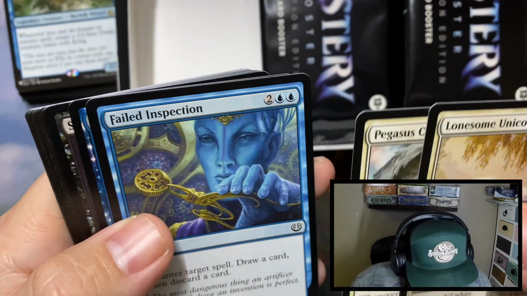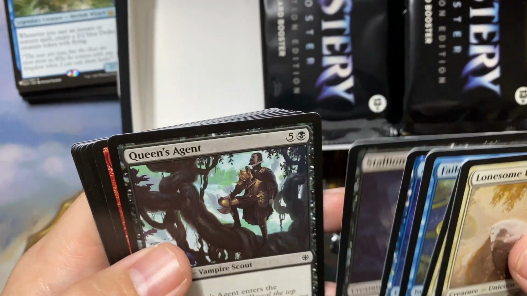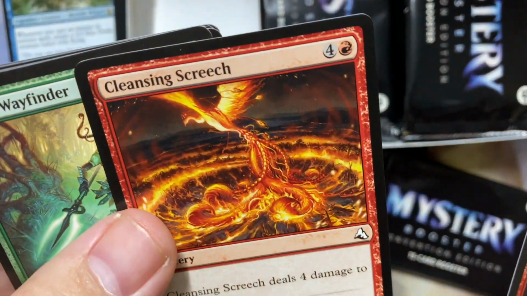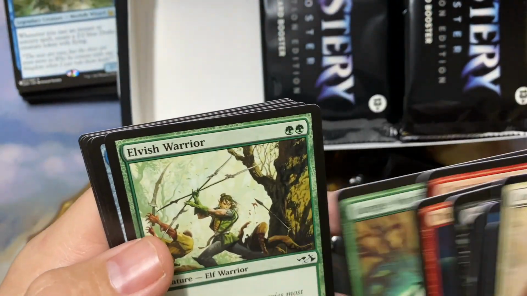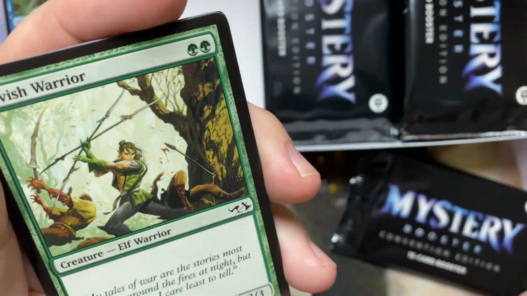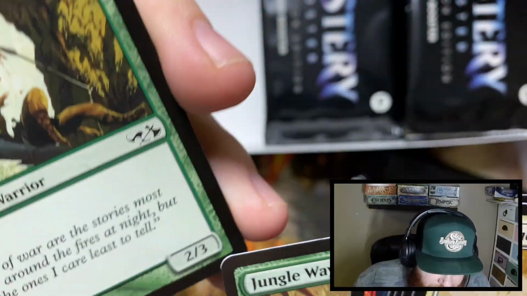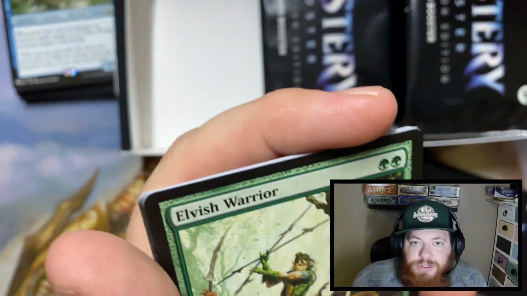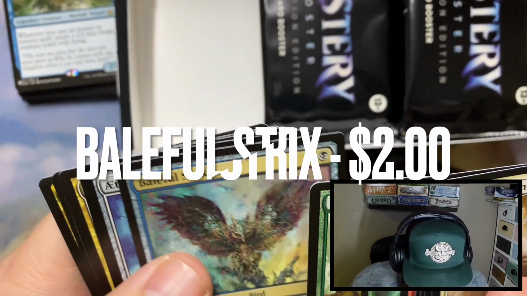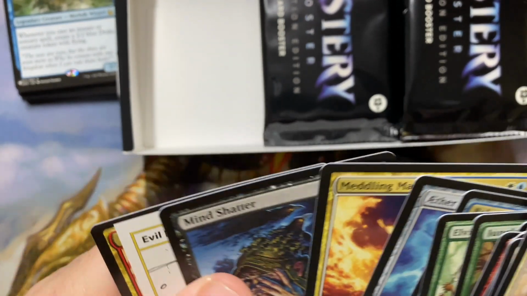I think everybody is. A Failed Inspection, Archetype of Imagination, Stallion of Ashmouth, Queen's Agent, Thrill of Possibility, Cleansing Screech, Jungle Wayfinder, an Elvish Warrior, Belfort. I actually used to love this card. When I first started playing Magic, I fell in love with elves. I wanted to build all the elf decks, and for 2 green, you got a 2/3, and I thought that was just the most busted thing. And now it's just so vanilla. Belfort Strix, great card, an Ether Spell Bomb, a Meddling Mage, okay, and a Mind Shatter with an Evil